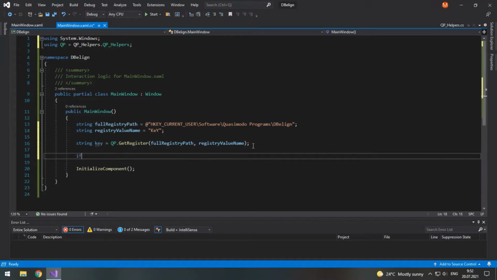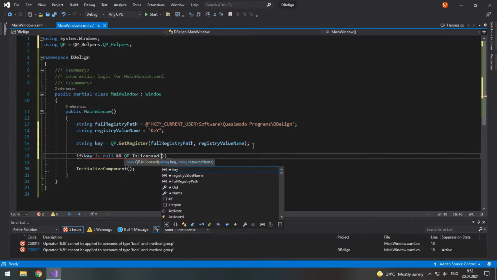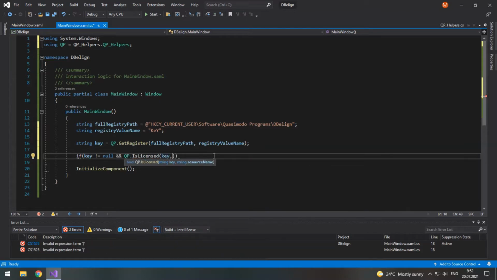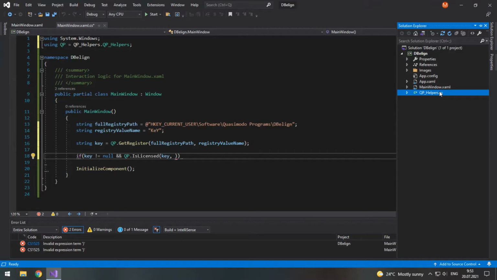So we will check if key is not null, and we will check if the key is licensed. So qp is licensed, and here we pass the key, and then pay attention, the resource name as a string. So we will add a txt file with the hashes obtained from the license keys.